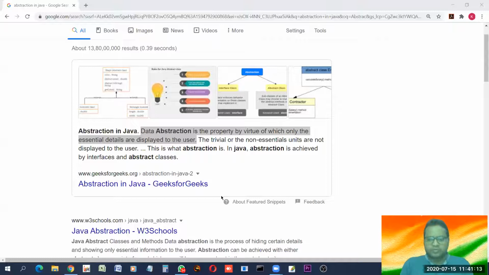Nowadays you may find a lot of apps which are quite easy to operate. A person who has never seen a computer or knows nothing about its operation can also operate those applications. Why? This is the concept of abstraction, which displays only the vital, important things in a simplified version, and the rest is hidden.